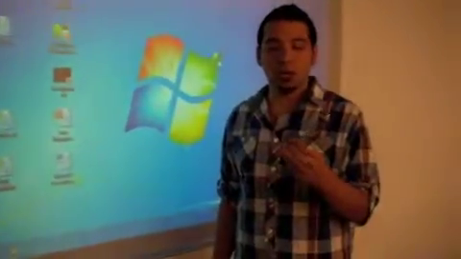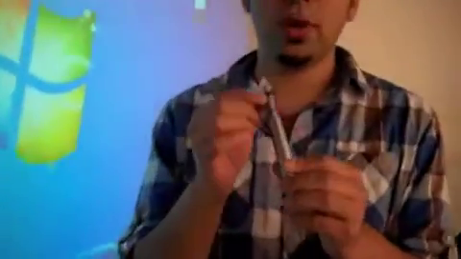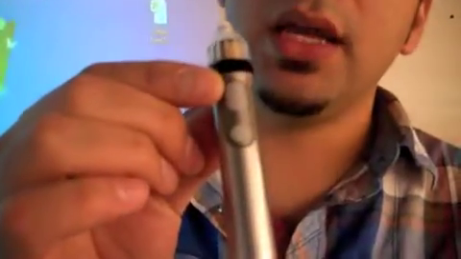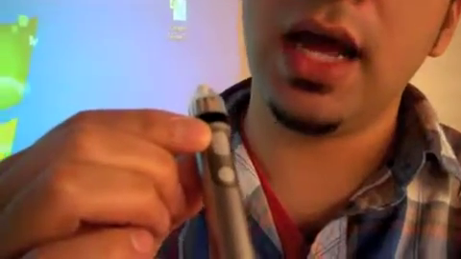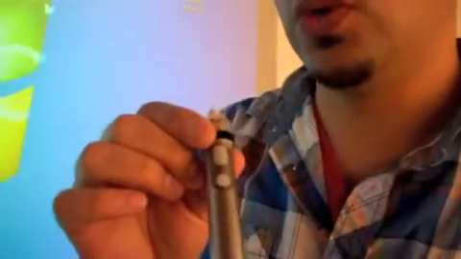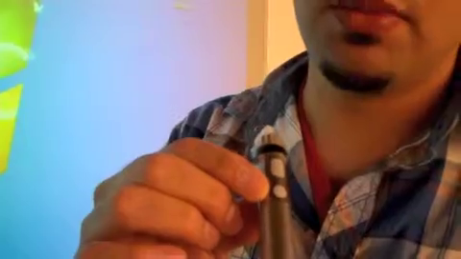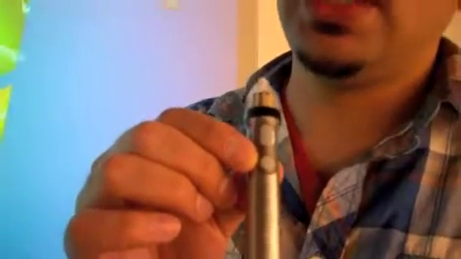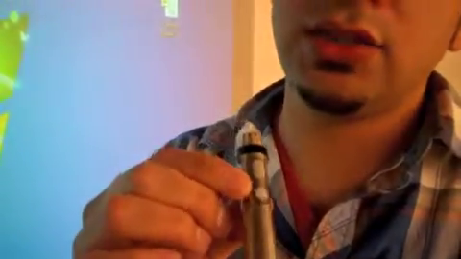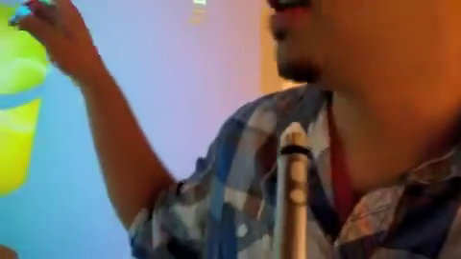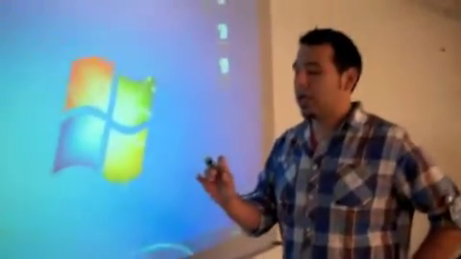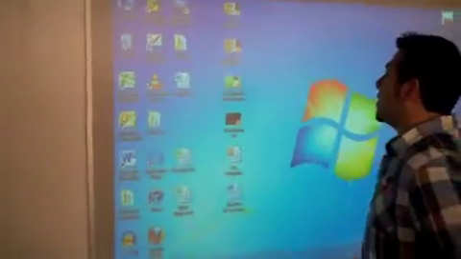There are a couple of things on the pen that are noteworthy. There are two buttons right here. The first button is kind of like an application tool. If you click on a special link or something, it is what you can use as a shortcut. This bottom button is an eraser button. So be careful when you are writing on it that you're not pressing this, or what you're writing will also erase. It's basically kind of like a mouse,